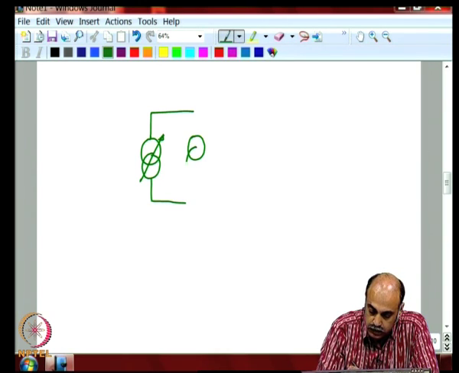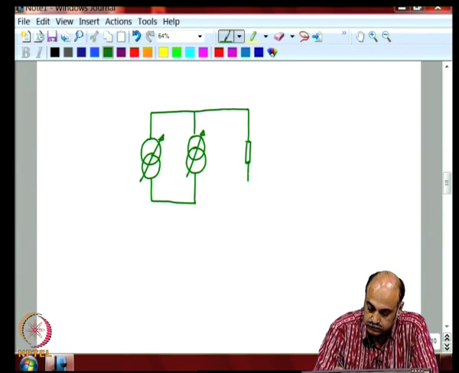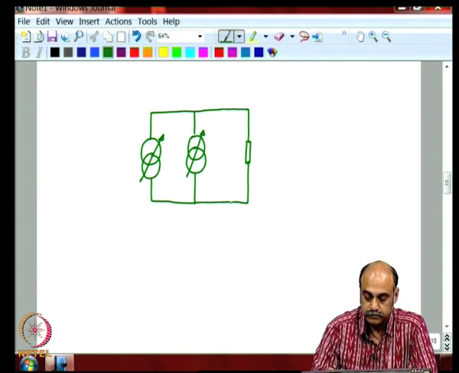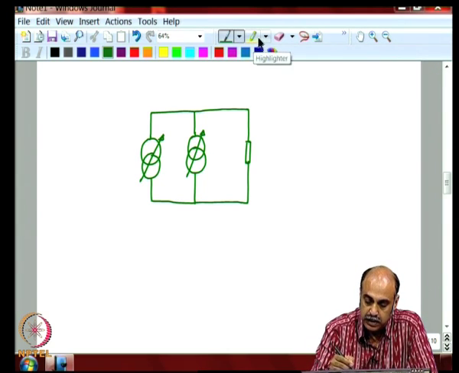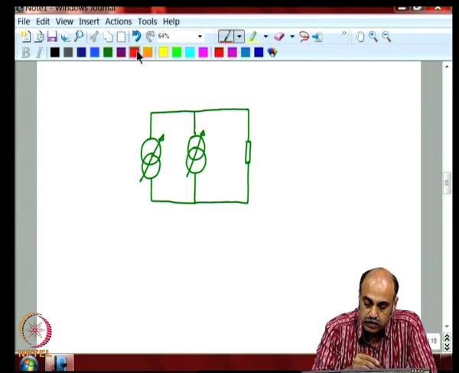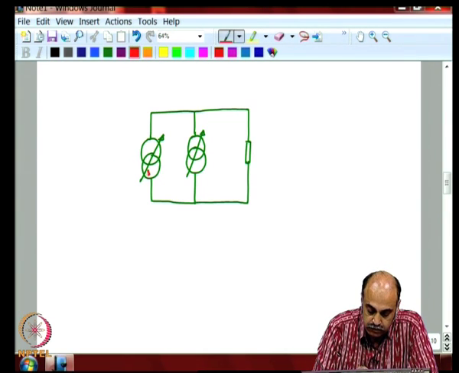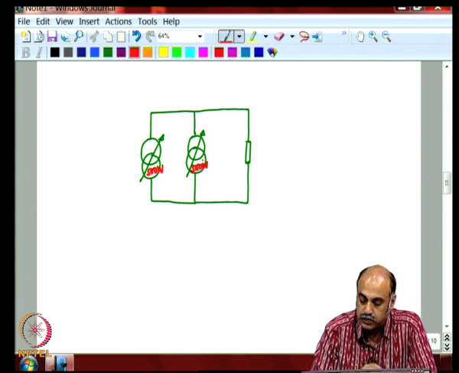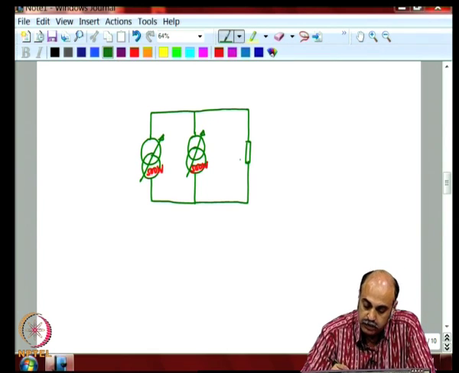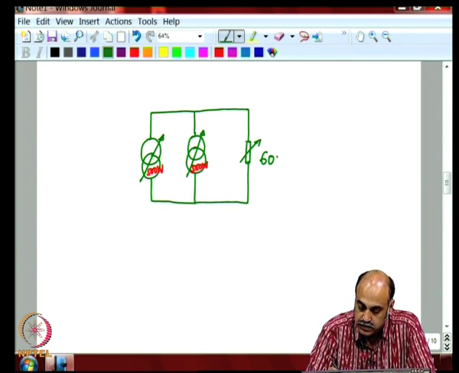So, you have a controlled current source and controlled current sources can be connected in parallel, because the output current of each of these sources are dynamically controlled. So, even if now let us say this is a 500 watt controlled current source, and you are demanding from the load 600 watts,